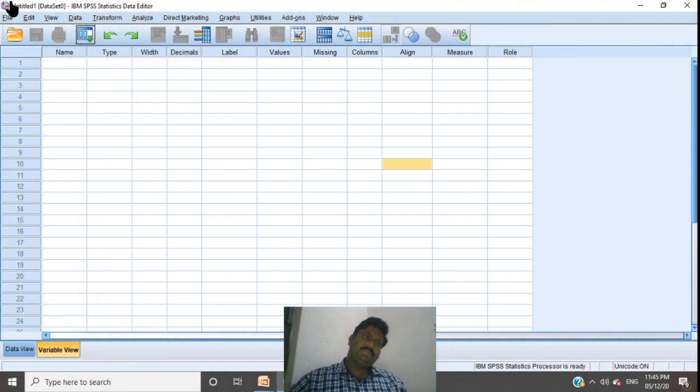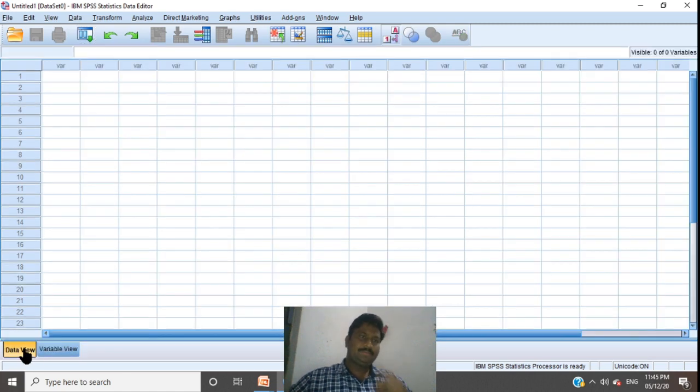This is called the title bar, menu bar, shortcut icons, and this is variable view. In variable view, names of the variables come here and properties of the variables are in this line. In data view, we see the data here.